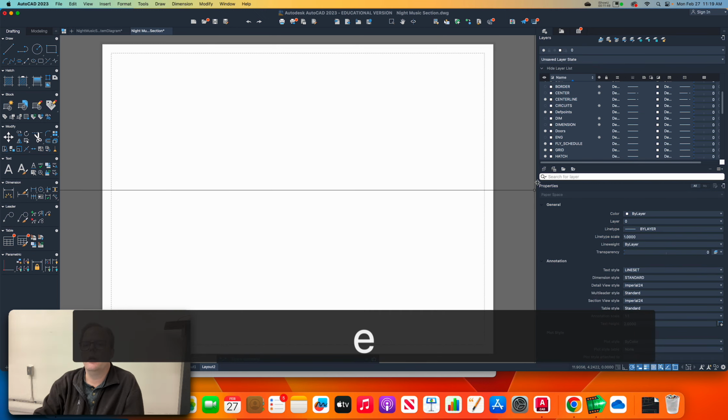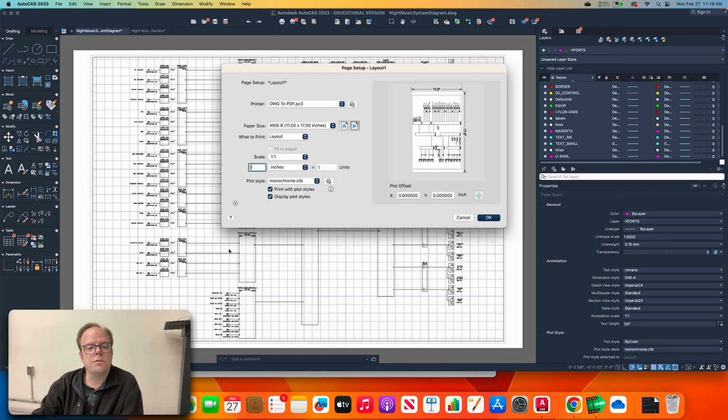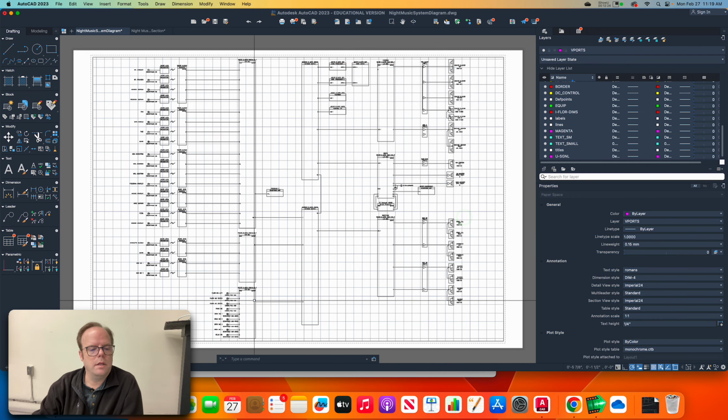Okay, so you can also just change the color of your layers. So if I take this and say print as displayed instead,